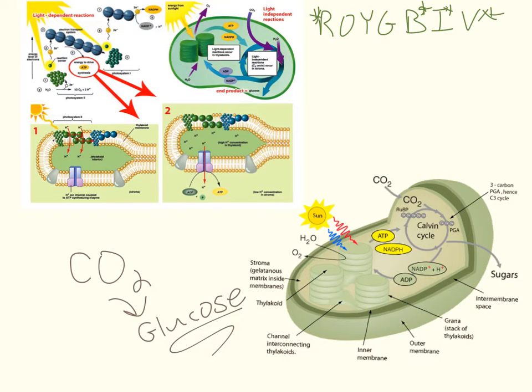So CO2 comes in, it's captured by a really interesting enzyme, probably the most important enzyme on the entire planet. That's a pretty big claim, but I'll go ahead and say it. The most important enzyme in the whole planet is Rubisco. And there it is, RuBP. Just call it Rubisco. Rubisco's whole job is to capture CO2. This one enzyme